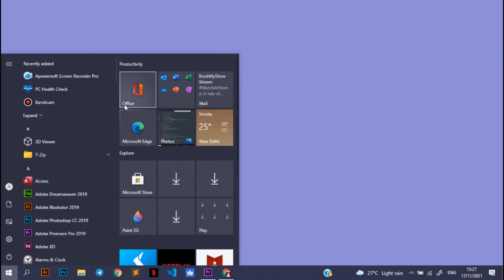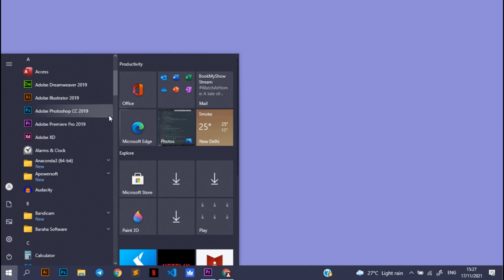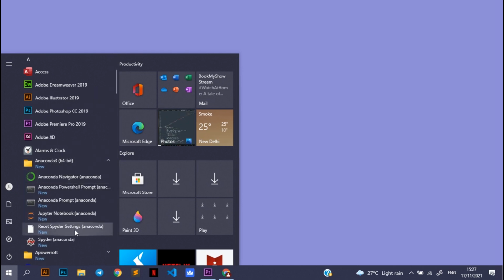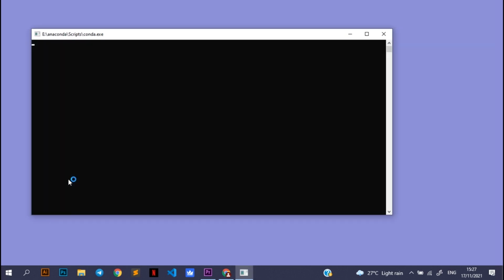Now that our Anaconda software is installed, we need to launch our Spyder application. But since we are launching the Spyder application for the first time, we need to launch it through the Anaconda Navigator. So how do we access the Anaconda Navigator? Let's just click on the start button. And when we click on the start button, you can see there is the Anaconda folder. So click on the Anaconda folder and you can see a lot of applications coming up, and the first one would usually be the Anaconda Navigator. Okay, its icon is a green circle. So click on the Anaconda Navigator.